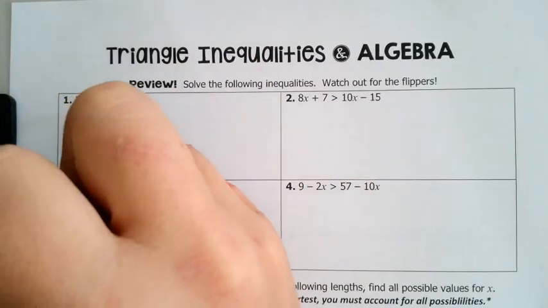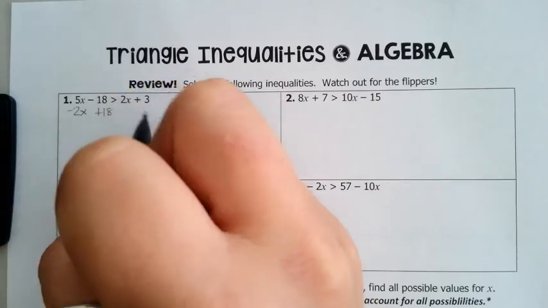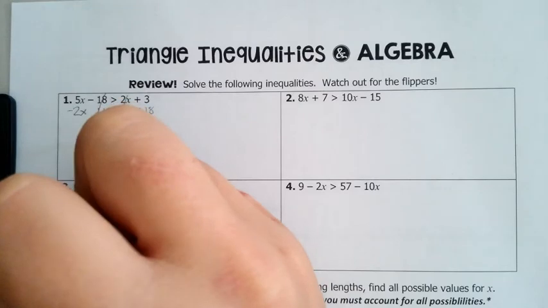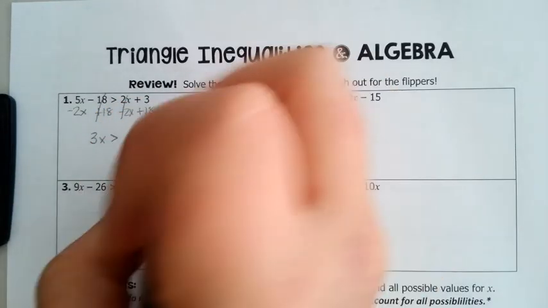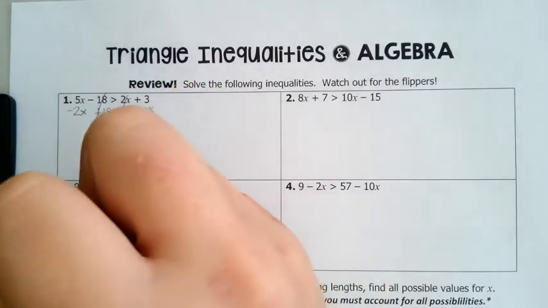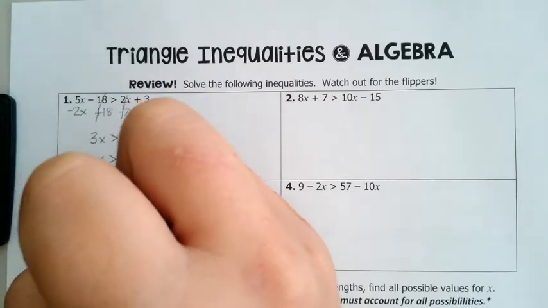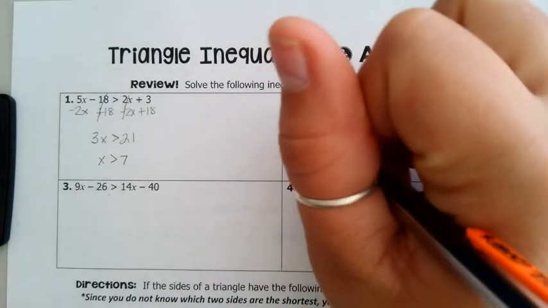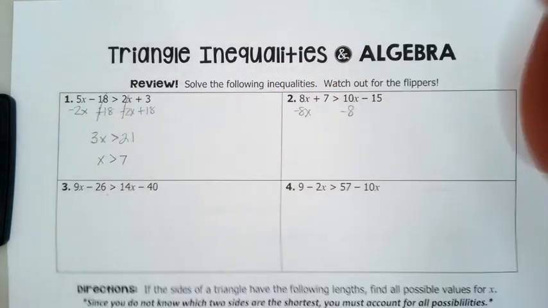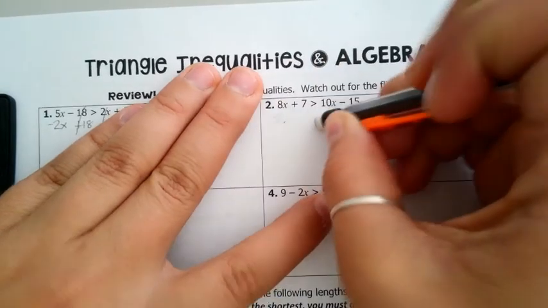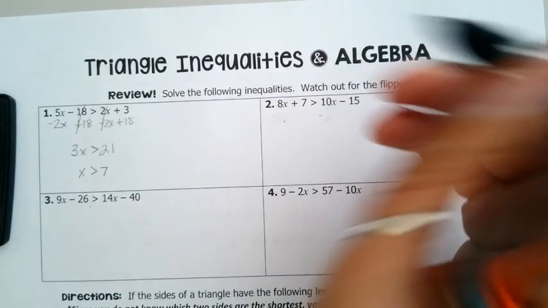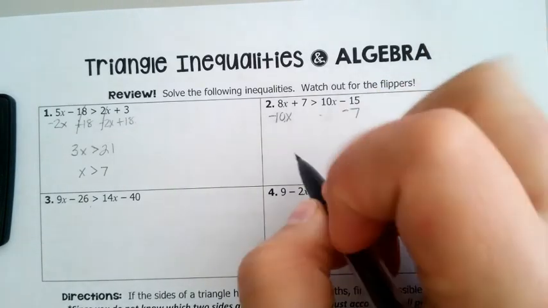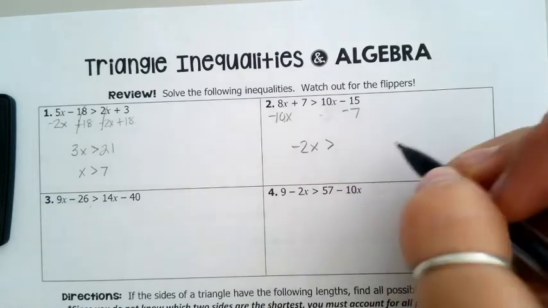So minus 2x plus 18. So 3x is greater than 21. Divide, x is greater than 7. Subtract 8x. Oh, sorry, we always want to keep it as x on one side. So negative 10x minus 7. So we get negative 2x is greater than